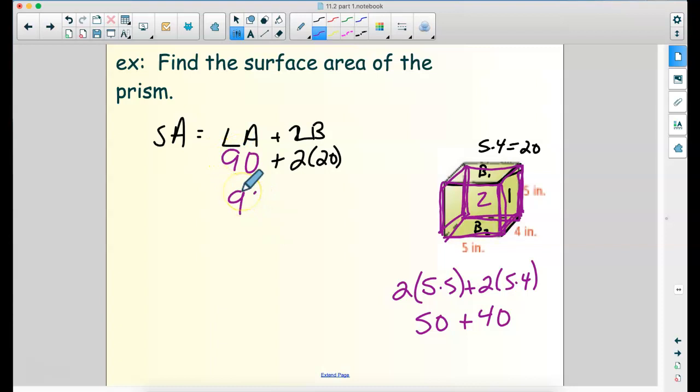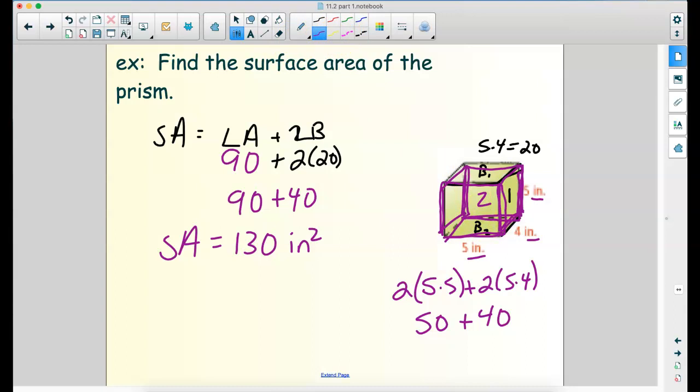So we have 90 plus 40, so the whole surface area is 130. And surface area, since these are inches, area will be units squared, whatever the units are squared. So we could have done that thinking about the front and the back as our 2 bases, because they were 5 by 5 and everything else was 5 by 4. So if you'd wanted to do it that way, the 5 by 5,